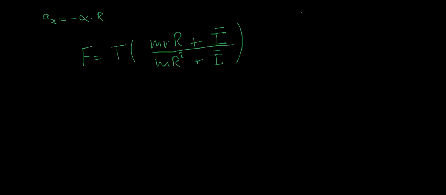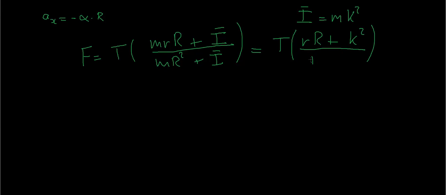Now at this point we haven't calculated I bar, but we know that I bar, or I about the center of gravity, is equal to m times the radius of gyration squared. Now if we substitute this in, it's interesting to note that the masses on both the top and the bottom cancel out, and the resulting equation is just related to all the radii. So in fact, the static friction does not at all depend on the mass of the cylinder. And this is an interesting relationship, because obviously the kinetic friction does depend on the mass, as it's calculated using the normal force. But anyway, if we substitute the values for this, we find that F is equal to